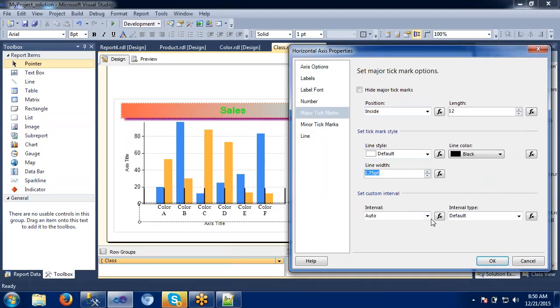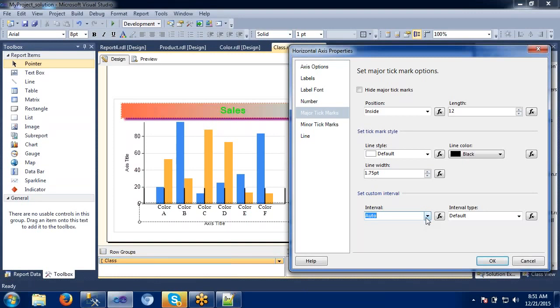Auto interval. This is the important thing we need to discuss here. Auto interval means how the axis gets divided. Color A, color B, all these are right now on auto interval. If you want to specify some options, by default we don't have them, but generally making it auto is the best option. Why?